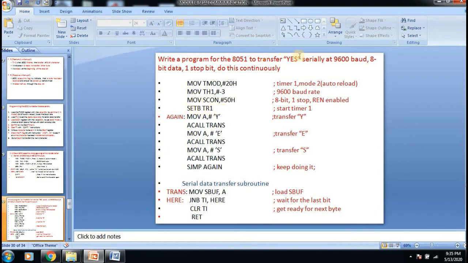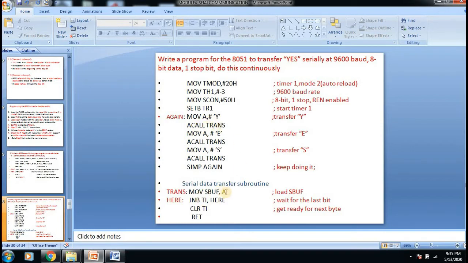So the first letter to be transmitted is A, that we place in the accumulator. And then we call the subroutine where the transmission takes place.